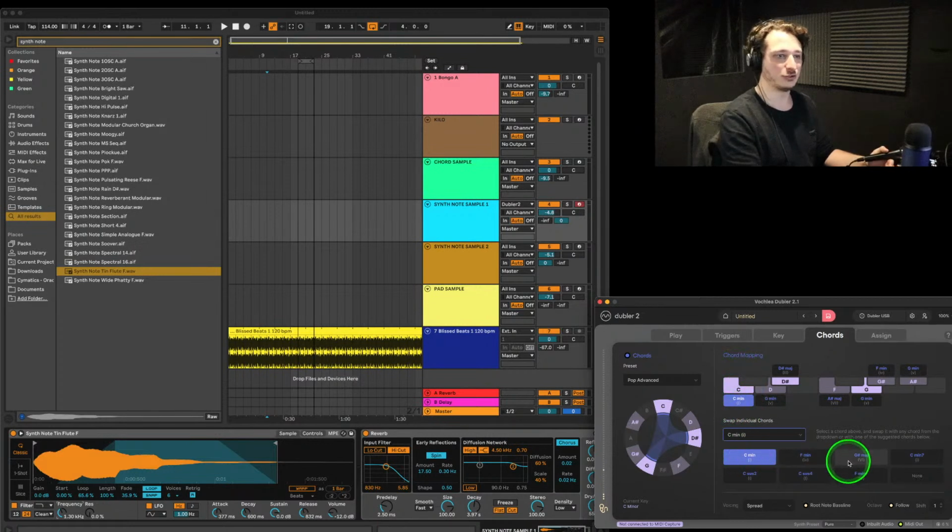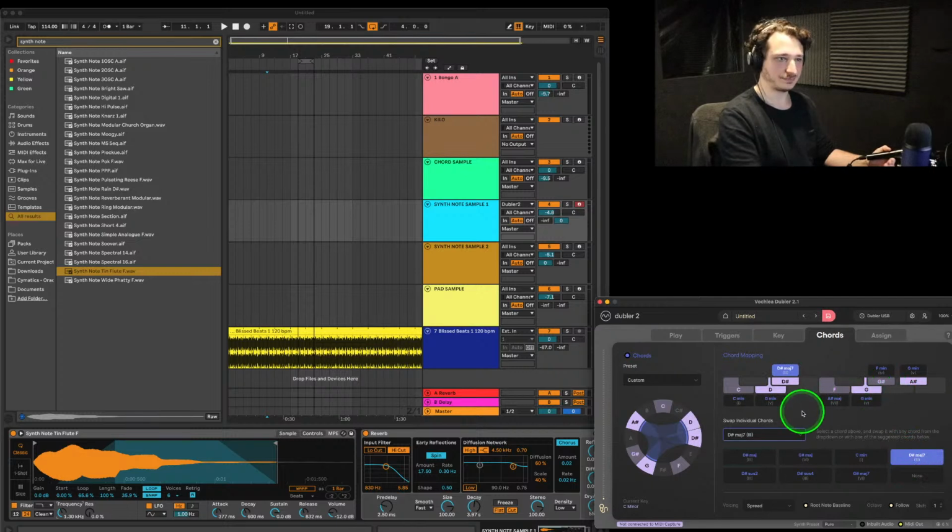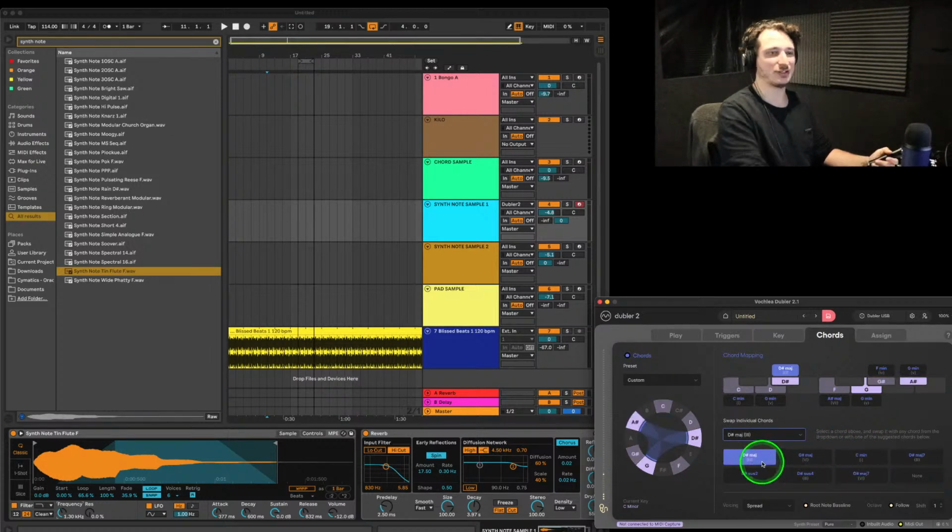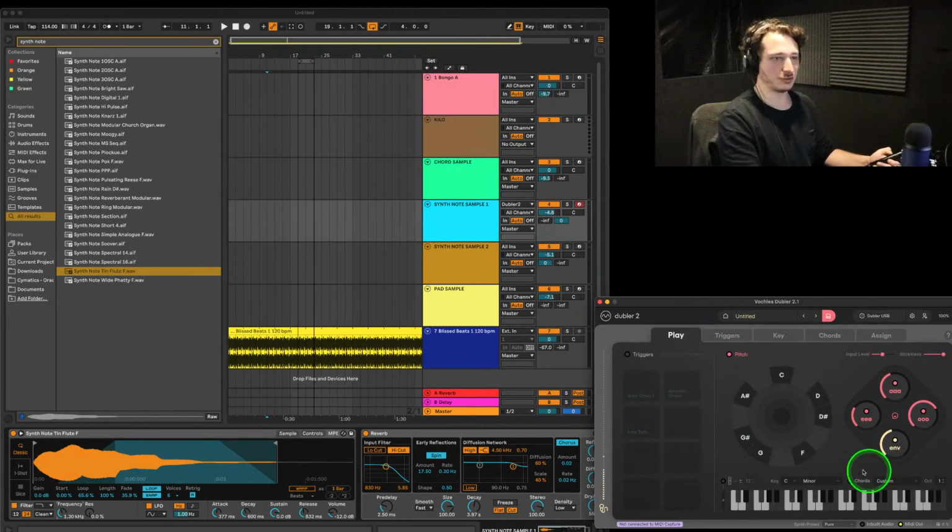However, you could switch these out. For example, to make things more interesting, I could switch the D sharp major, I could turn that into a D sharp major 7, or this G minor over the G, I could change that to a G major 7. No, sorry, G minor 7. I could change that to a D sharp major and add that chord and just experiment with different combinations here. So now that I have chords active,